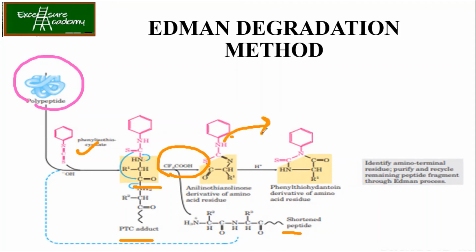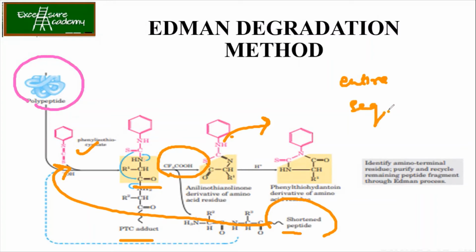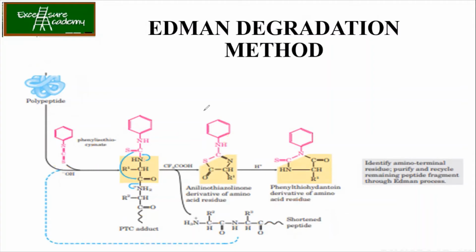Now this will be identified to get your first amino acid residue of the N-terminal and you will get the polypeptide chain. Now this polypeptide chain will be again reacted with the phenyl isothiocyanate to complete the cycle. So you keep on repeating the cycle till you get the entire sequence of the polypeptide chain. Okay. Is it clear? Ma'am, here also we are identifying the first amino acid of the N-terminal, ma'am. Yes. So always, your amino acid sequencing starts from your N-terminal only. Okay.